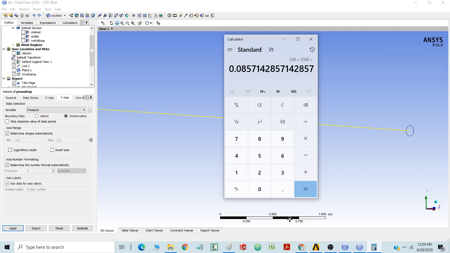It is 0.08. That means if I multiply it by 100, it will be 8.5% error, and it is acceptable. It is a rule of thumb for CFD that if your CFD results have a difference of maximum 10%, those results are okay and acceptable.